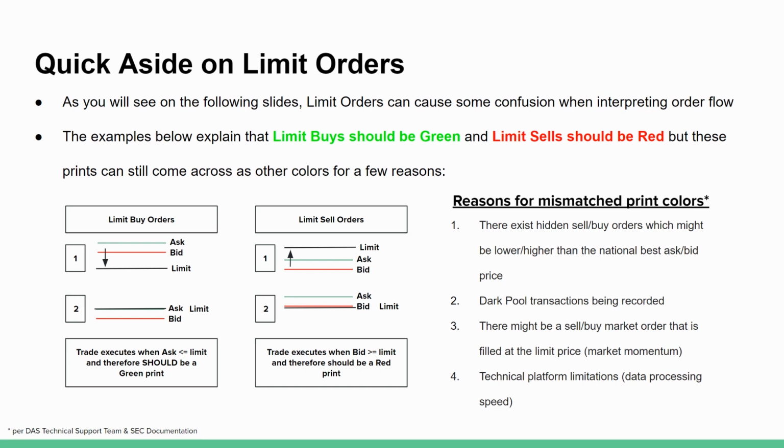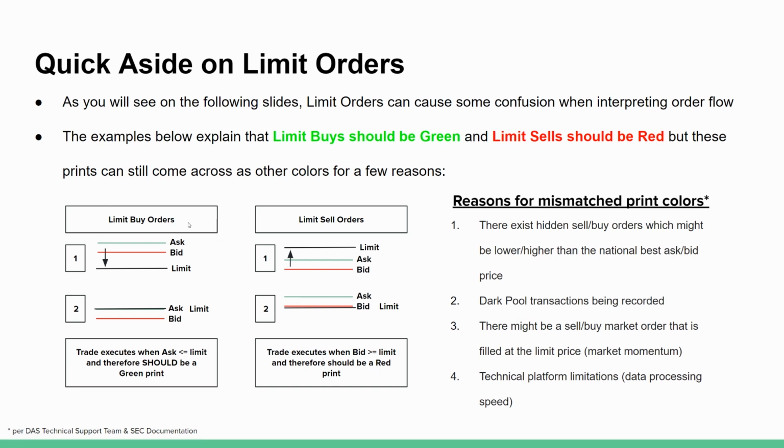So the definitive answer is that limit buys should technically come across as green prints, and limit sells should be red prints. And so to explain that, I put together these two little boxes here, and we'll start by talking about